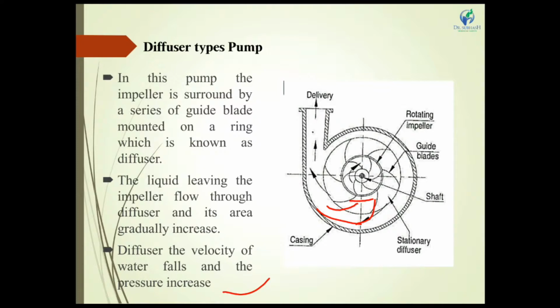The main advantage of this diffuser type pump is that it gives more pressurized water compared to volute and vortex type centrifugal pumps. Vortex and volute type pumps are used for horizontal flow or low head, and are not used for long distance and long height because they do not give higher pressure. But a diffuser centrifugal pump can be used for long distance horizontal flow and higher vertical flow.